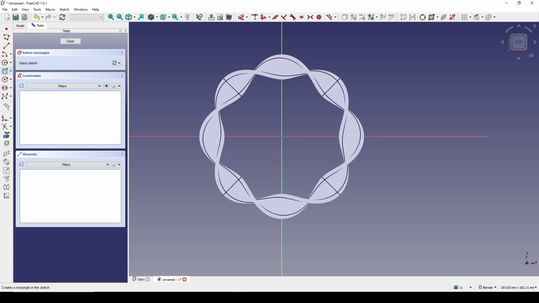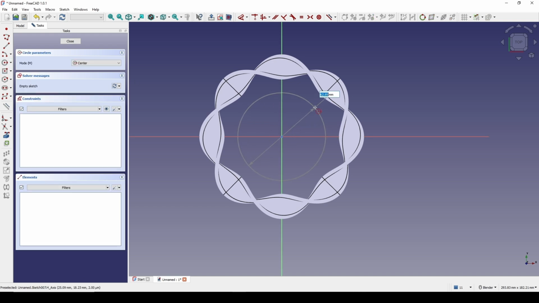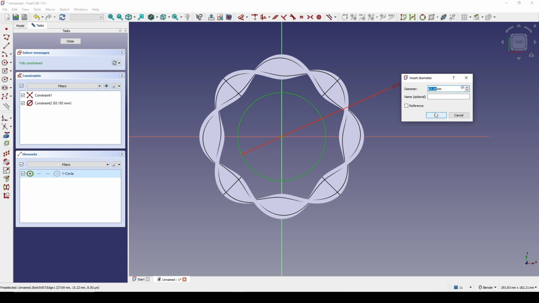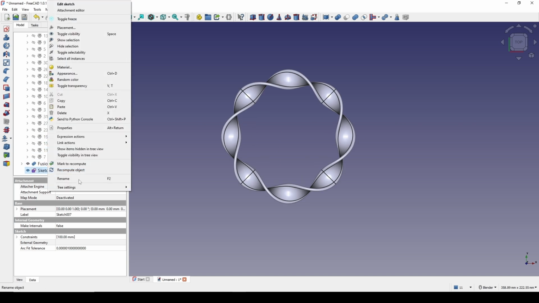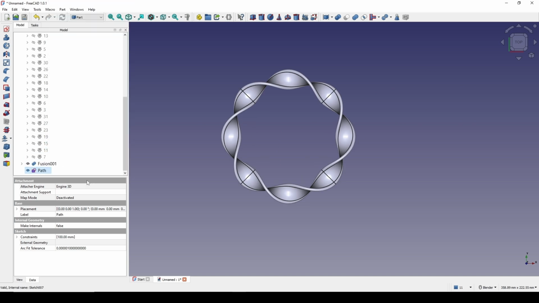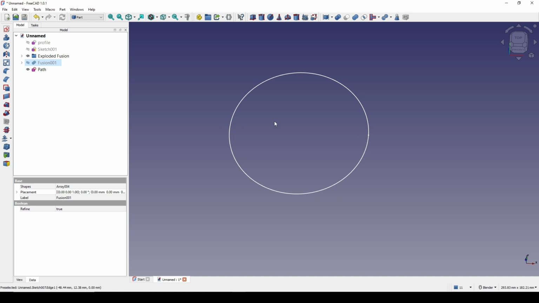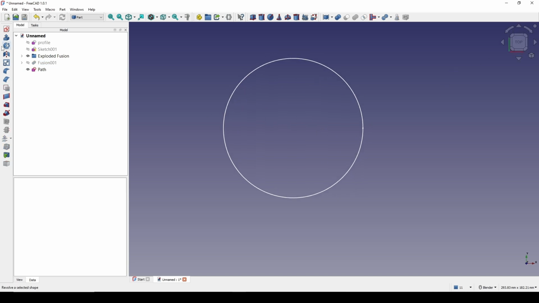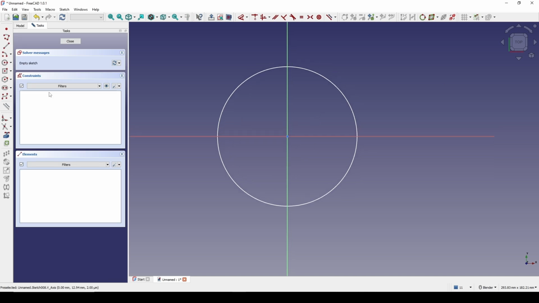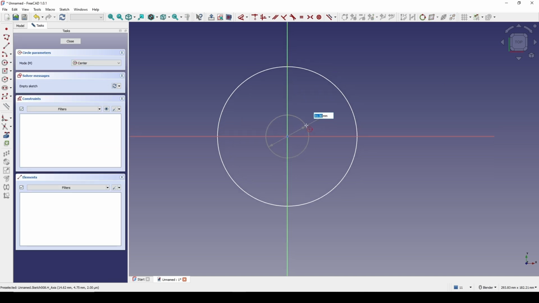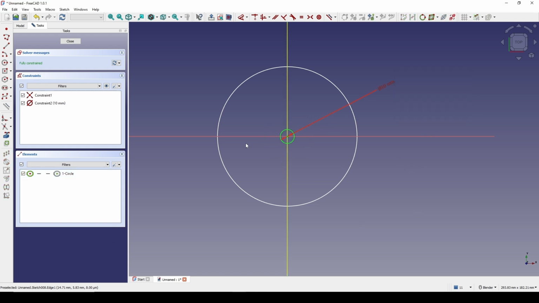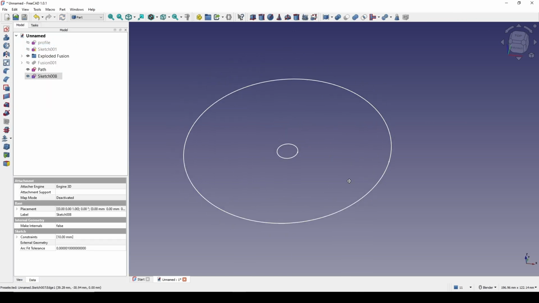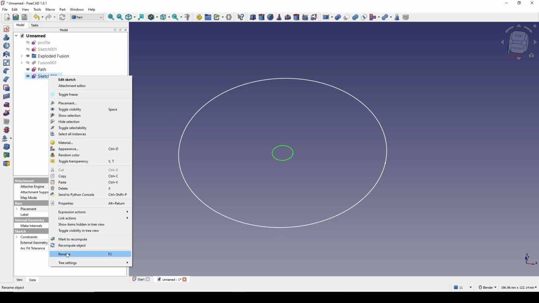So create a new sketch in the top view. So I will create the path for that. So create a circle, and this time I set it to 100. Then I close and I call this one path. Let me hide this one. Okay, let me hide the fusion. And I will create another sketch in the top also. And this time for the hole, create a center hole like this and set this one to 10. And I close. Now I call this one hole